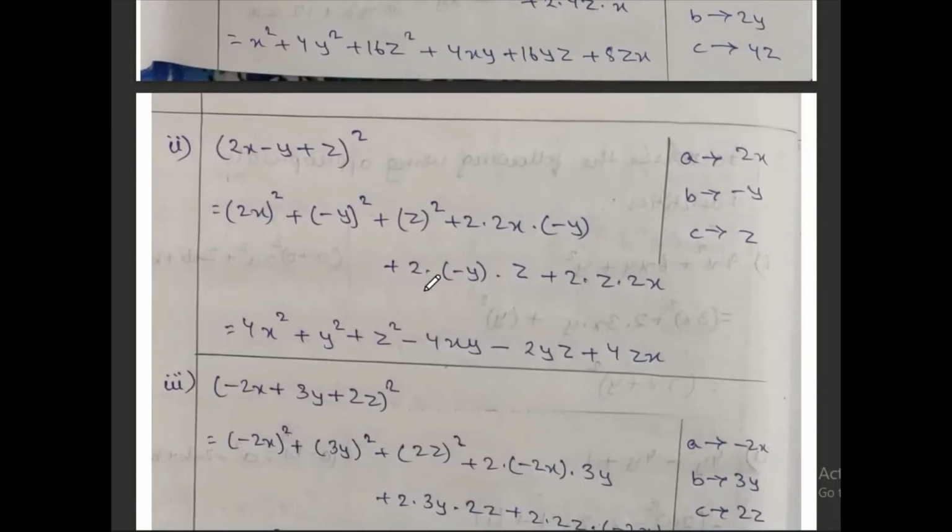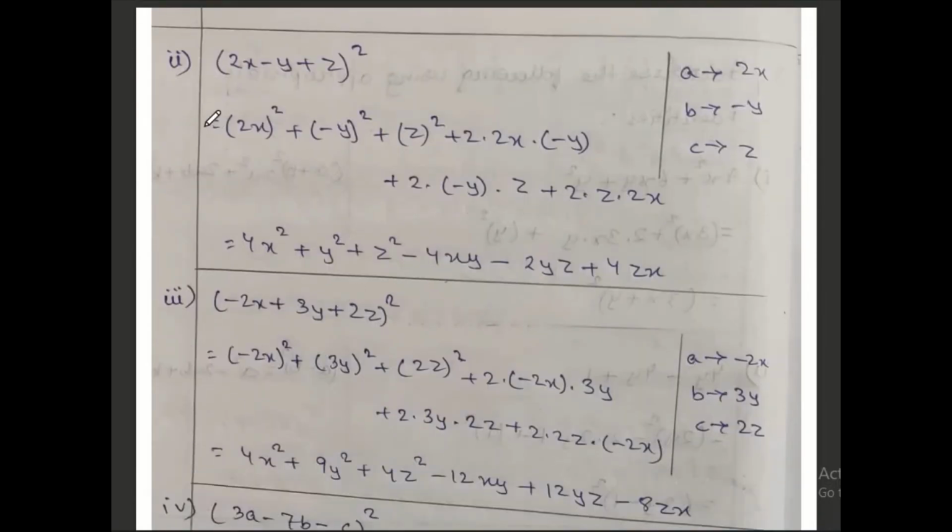Now let us follow this second one. 2x minus y plus z bracket and whole square. A is 2x, select outside. B is minus y, c is z. So let us make it a square. A is 2x bracket and whole square, plus b square, b is minus y bracket and whole square, plus c square, that is z whole square,